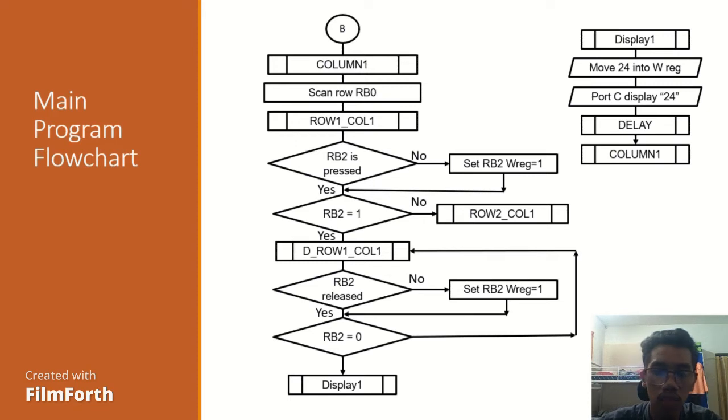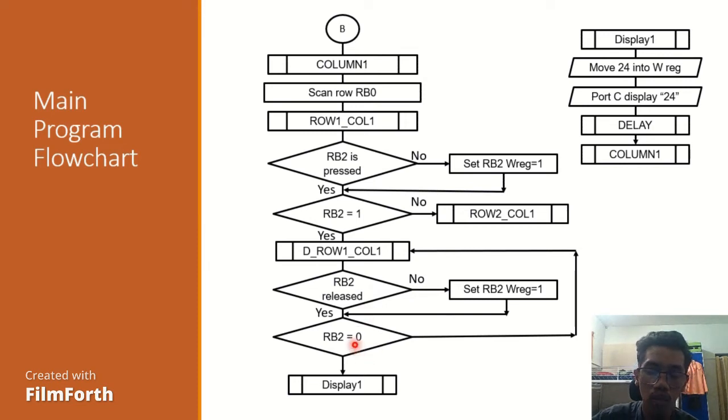And if RB2 is equal to 1, then it will go to row 1 column 1, and if not, it will go to row 2 and column 1. Then the program continues to row 1 column 1. When RB2, which is button 1, is released, then